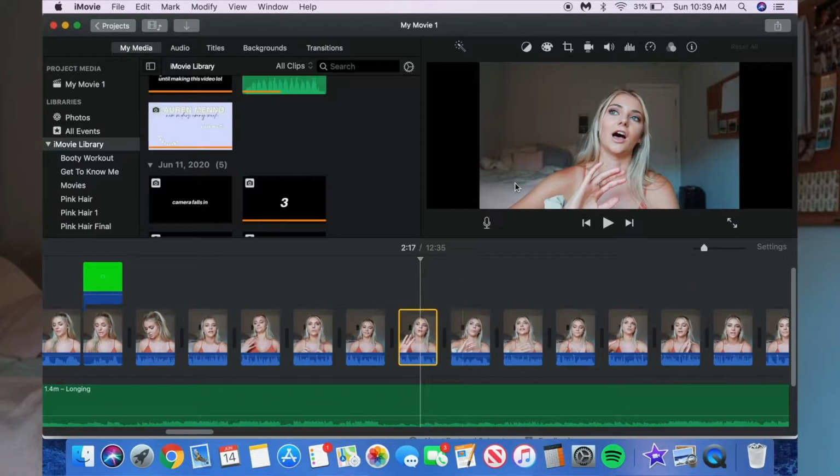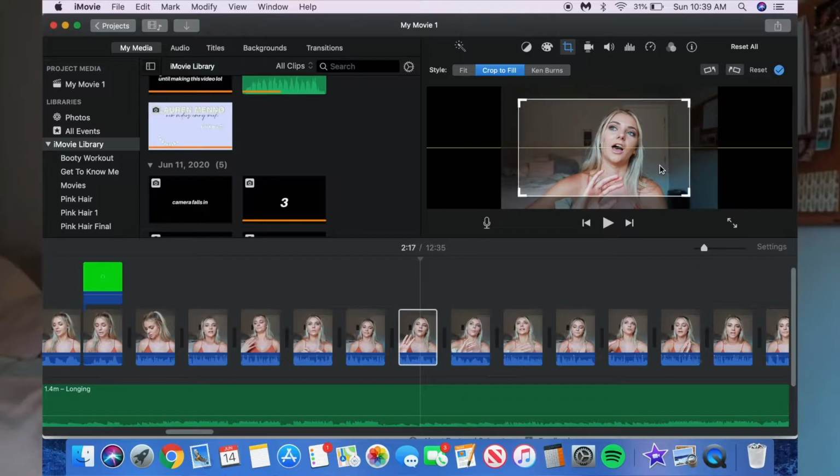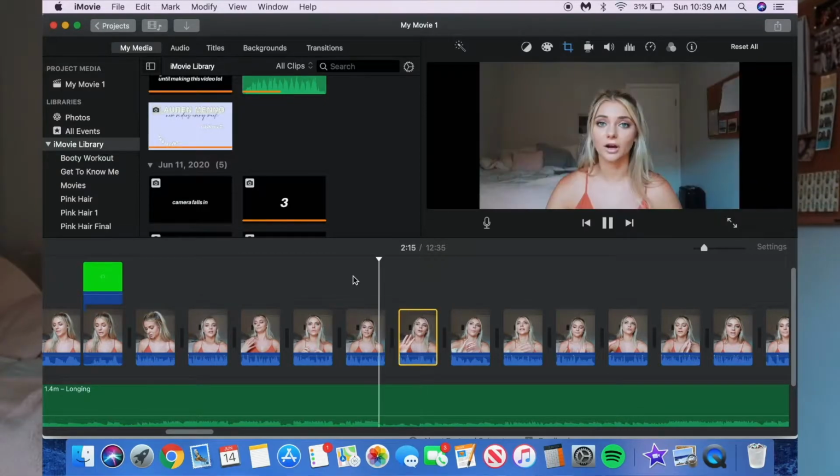But moving on to the next effect, this is the crop to fill effect. This is just when the screen jumps in all of a sudden. It's super easy, one of the most basic editing skills. All you need to do is select the clip that you want to go in, go up to the top, and instead of hitting fit, just hit crop to fill, and then you can adjust that screen to be wherever you want it to be. So like the Ken Burns, you can put it wherever you want, or if you just want it in the middle, you can match up those two yellow lines that iMovie has so you know where the exact middle is. But yeah, that's super easy.